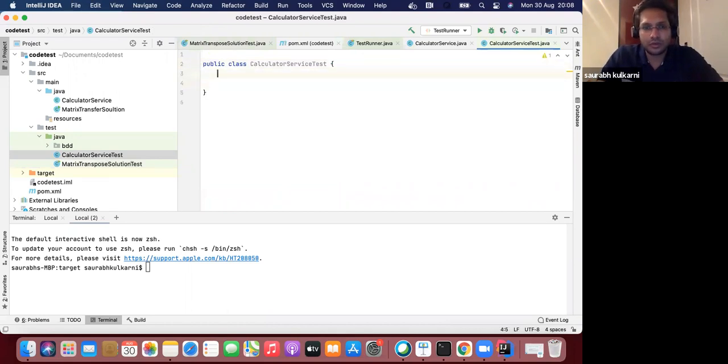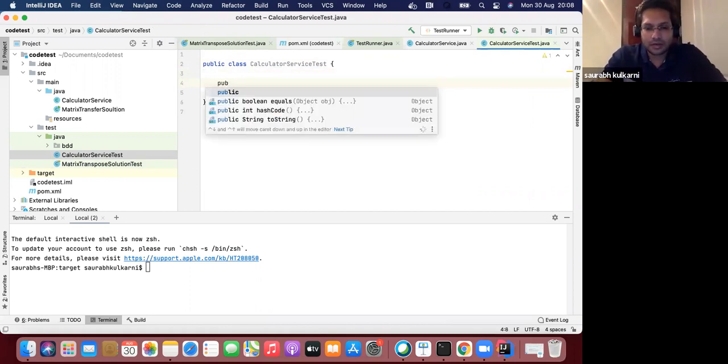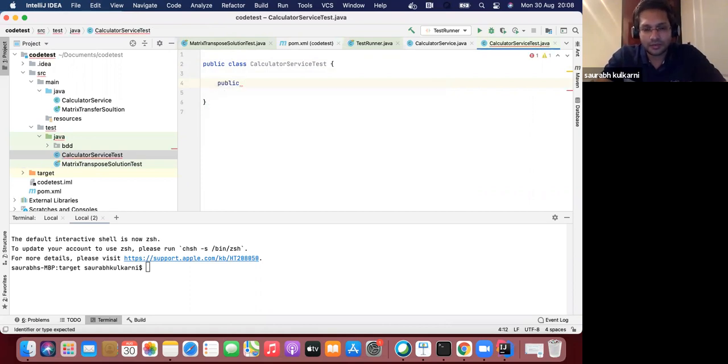We need to write the test class here, which is for the first feature or requirement, to test the sum addition of the two.